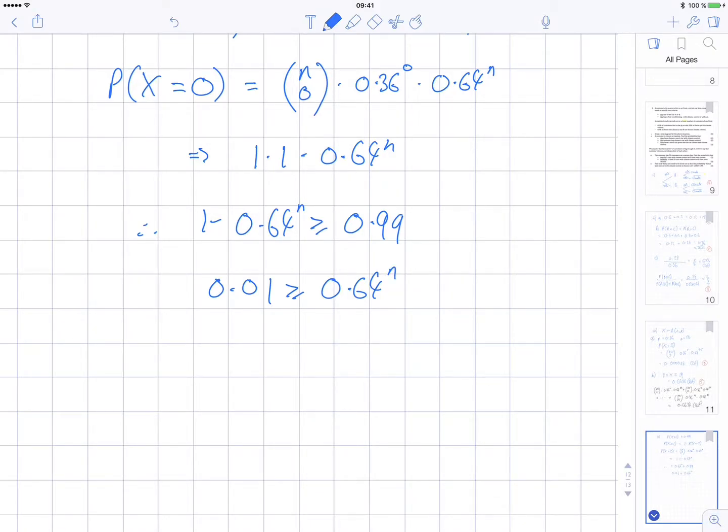I can solve that. Solve 0.01 is greater than or equal to 0.64 to the power of n, comma n. So n has got to be greater than or equal to 10.3189. It says find out how many cars need to be hired so that the probability that at least one car with climate control is chosen is at least 0.99, and the answer is therefore not 10, but 11 cars. If I put 10 into the formula, then it wouldn't quite work. Okay, and that's